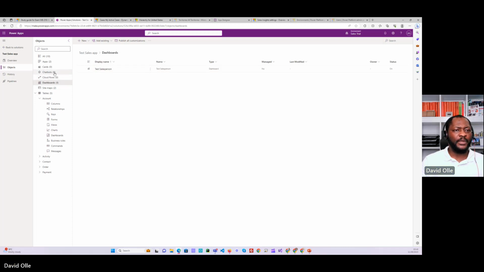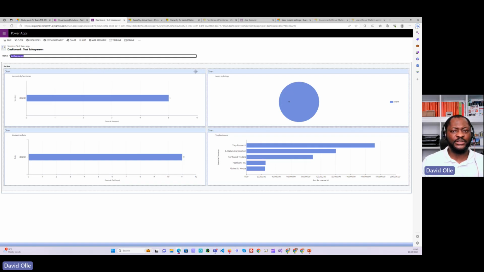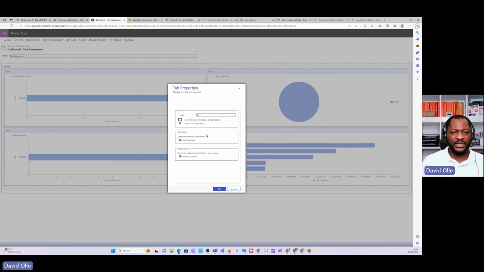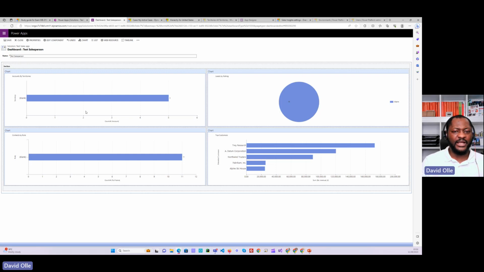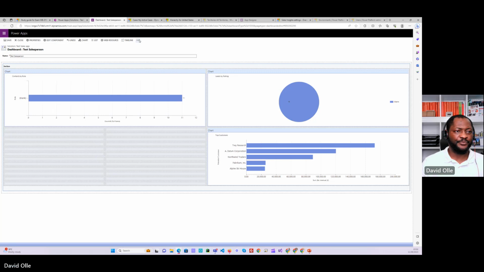So this is the dashboard. If I click on this, you can see that this is the global dashboard. It doesn't have any restrictions for any particular table. I can edit the components and show tabs for dashboards. And if I want to delete this, for example, I can go and try to add components to it. Yeah, I can add